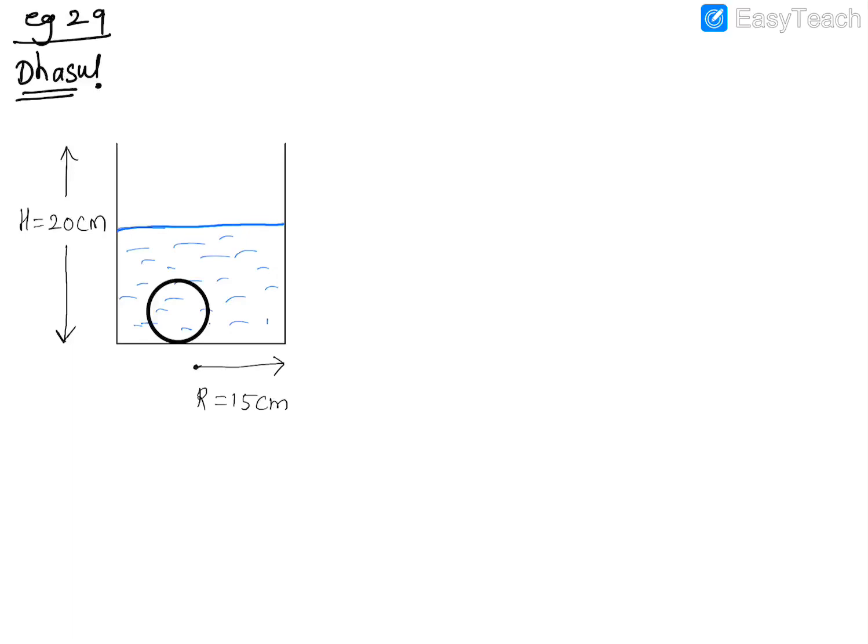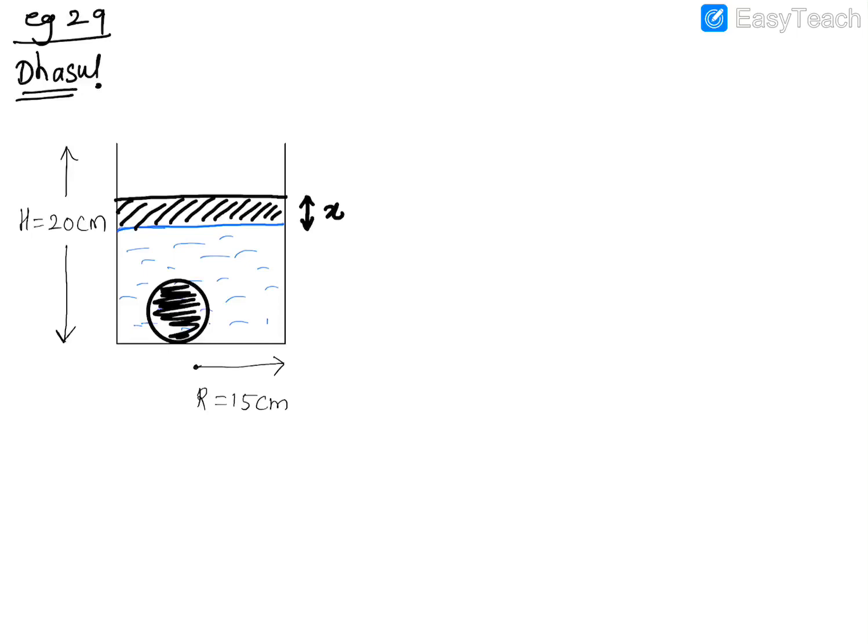Now obviously when you drop the sphere inside this, what will happen to the level of water? There is going to be an increase in the level of water. Now how much volume of water will get displaced? The volume of water which is getting displaced is equal to the volume of the sphere. Now let's assume that the increase in the height is equal to what? H, or I'll write it as X over here. Sorry, we have to find the increase in level of water, X, that's all.